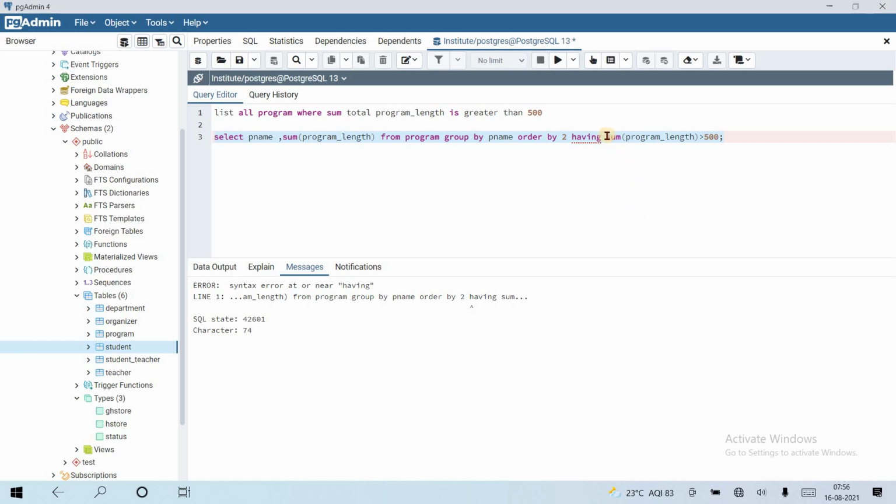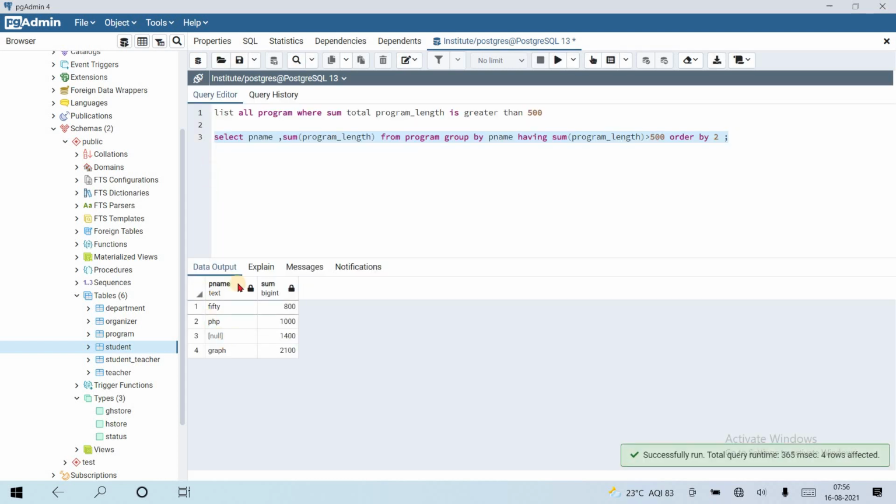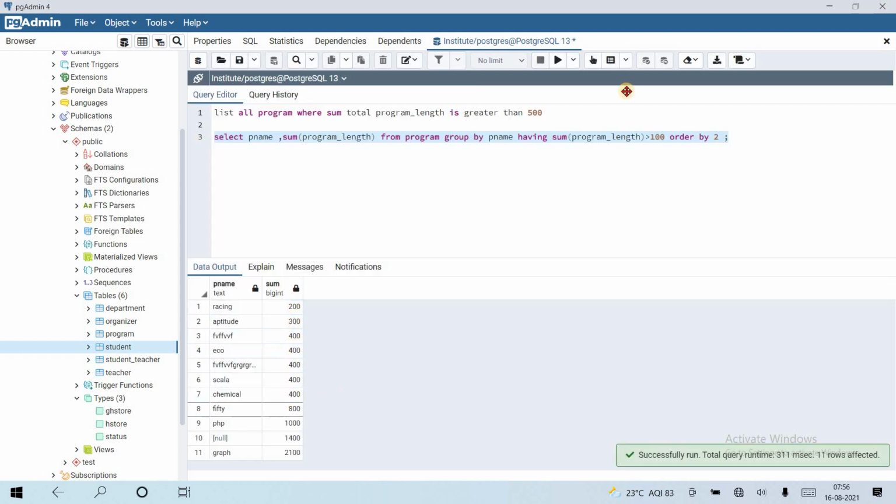So we need to use the having clause before the order by clause. Now it works fine. So the program name and the sum total only where the program length is greater than 500. Okay, let's make it 100 and run, all the data is coming there. Okay, 200, 300, 400 and so on. So we fetched the data.